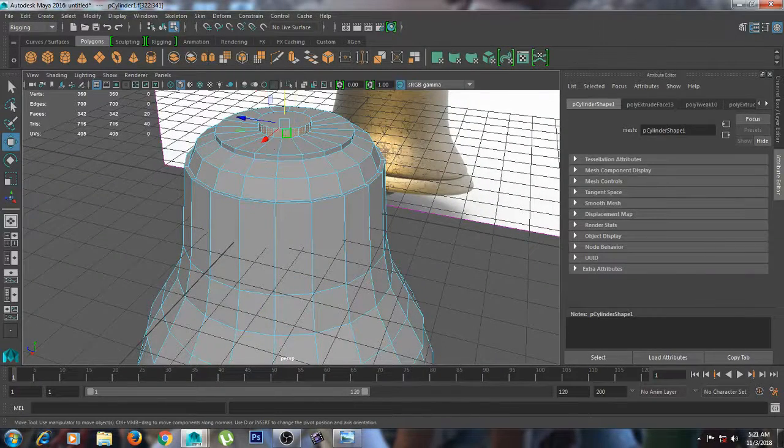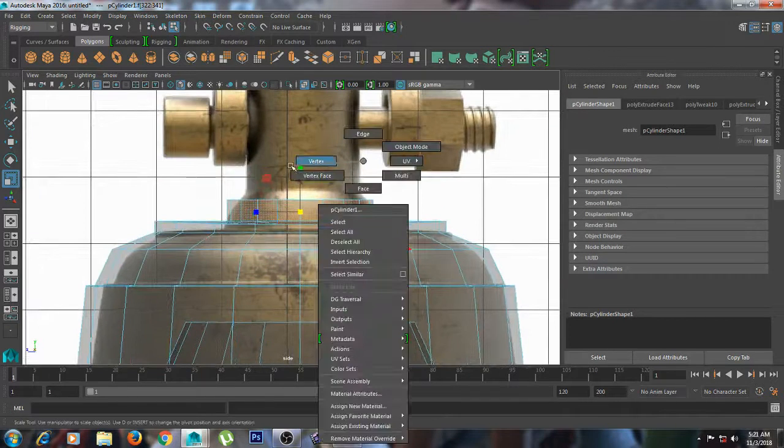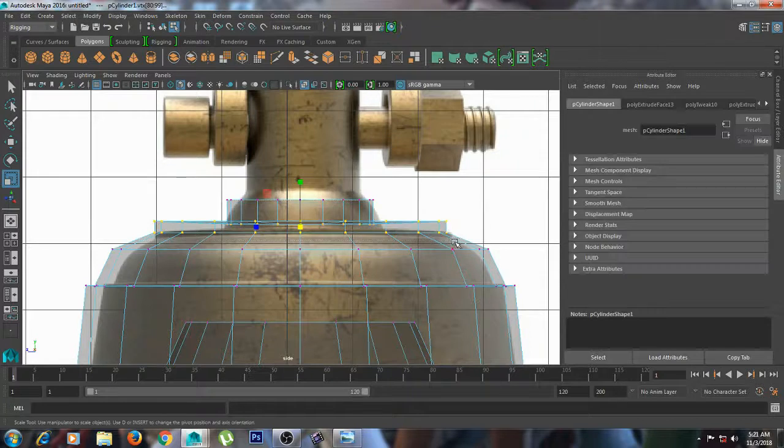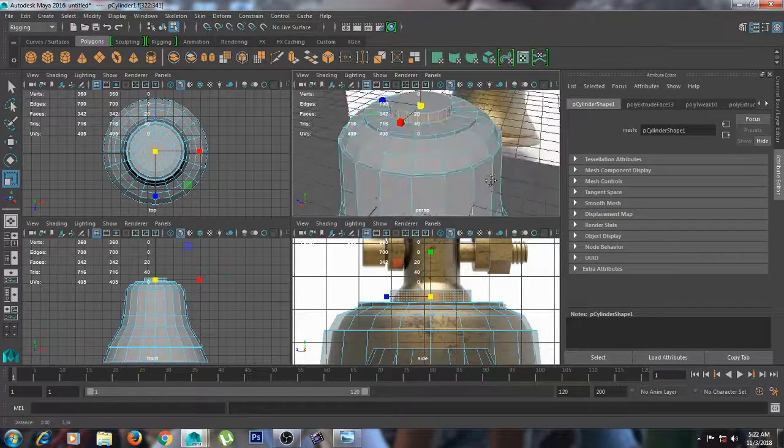click on this face, and then scale it like this. Click on these vertices. First click on these vertices and then scale it in this axis, and then click on all these vertices and move it a little bit here. Okay, so click on this face and keep it like this, and then select this top face,